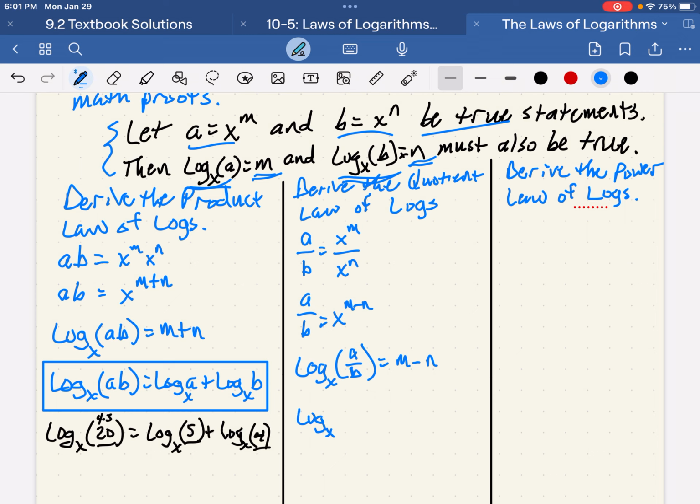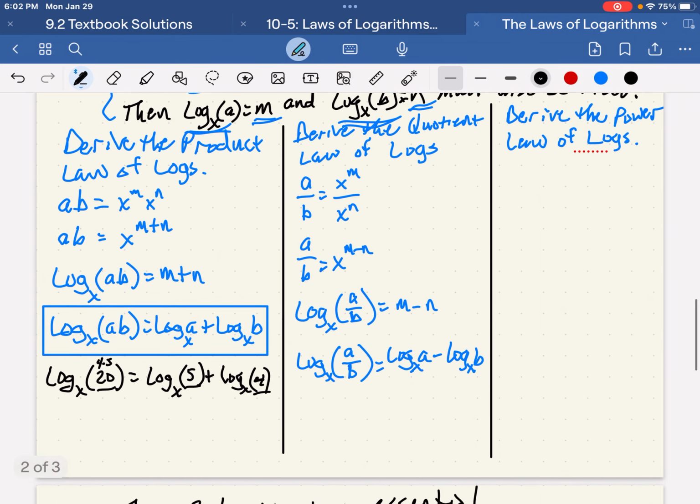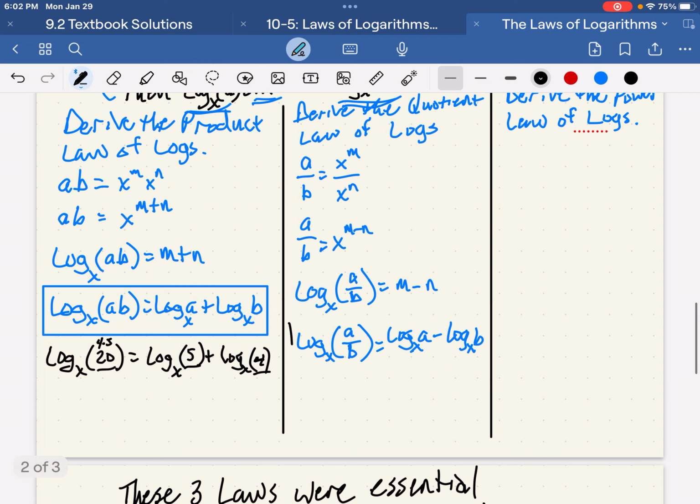Log base x of a divided by b is equal to log base x of a minus log base x of b. So basically what this quotient property says that you need to memorize is that if you take